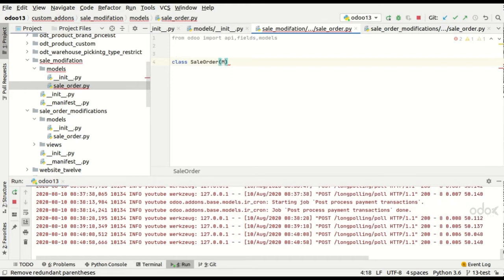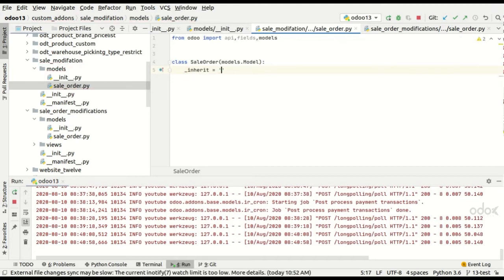So I'm going to use SaleOrder and models.Model. You can name the class as you wish, depending upon the customization too, but it's always good to keep up the coding standards. Now I'm going to use the _inherit keyword to inherit the particular model.